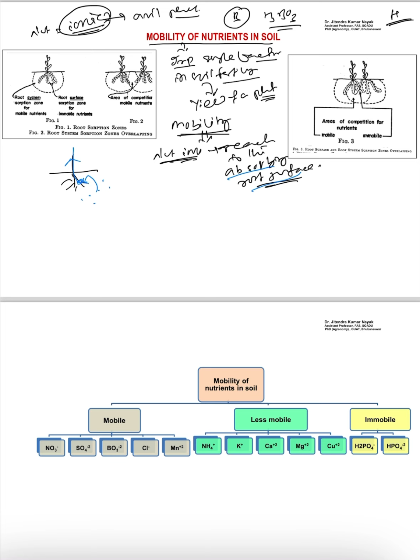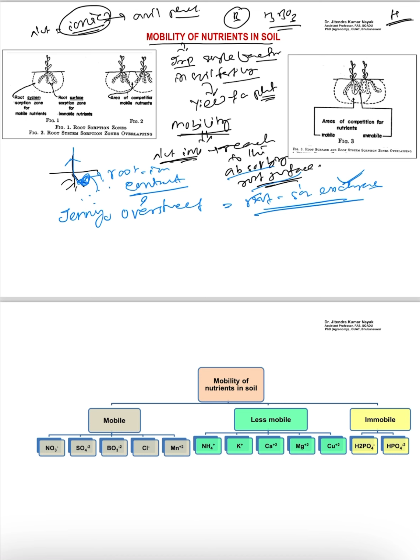root and ion contact should be there. As you know, the scientists Jenny and Overstreet gave the concept of root contact exchange, where the root and ion exchange takes place. And whenever we say that a nutrient is available to the plant,